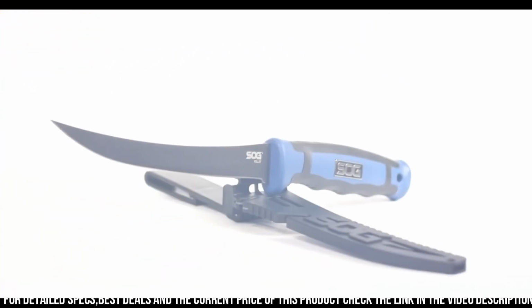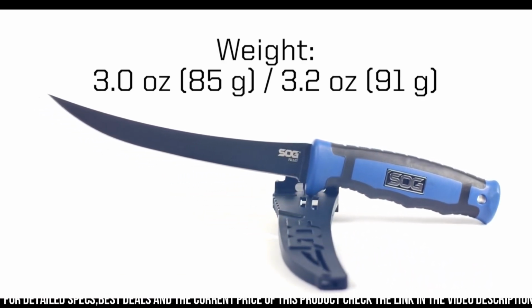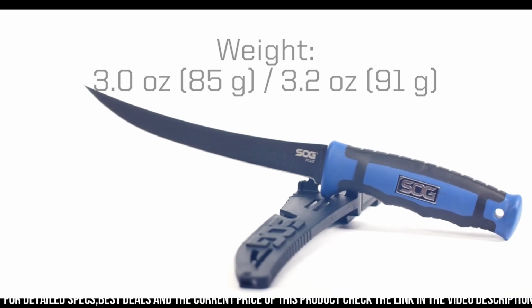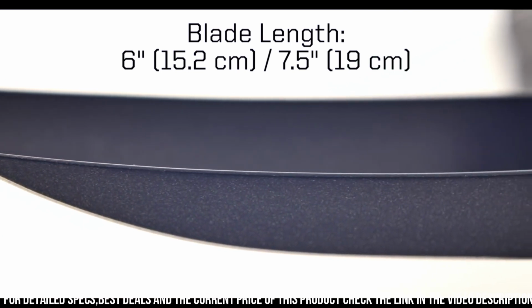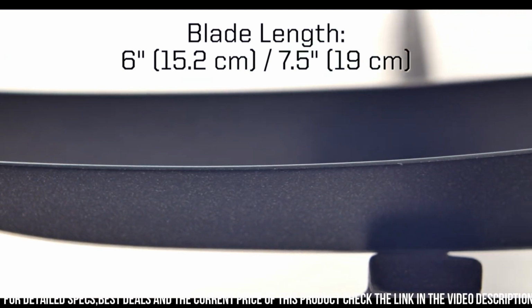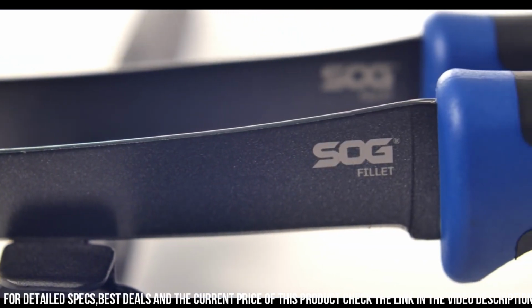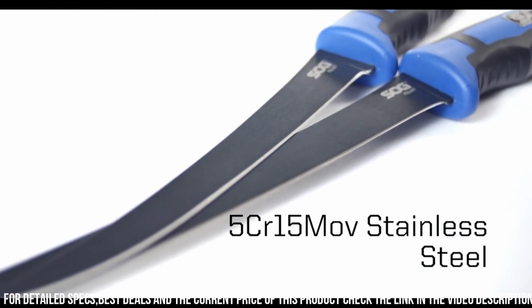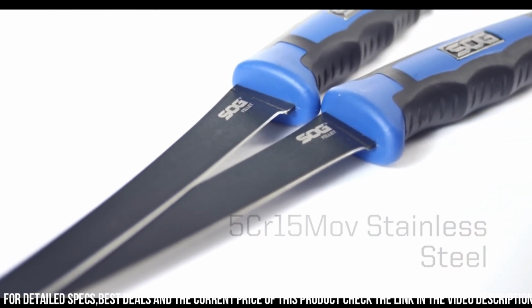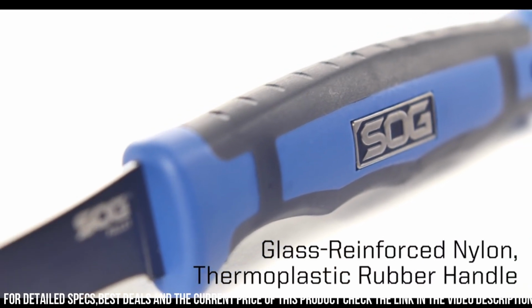The standout feature is its integrated Bladelight technology, with 6 bright LEDs embedded in the handle, illuminating your cutting surface for enhanced visibility in low-light conditions. The ergonomic, glass-reinforced nylon handle ensures a secure and comfortable grip, even in wet environments. Lightweight and easy to carry, the Bladelight fillet comes with a durable sheath for safe storage and transport. Combining practicality, advanced lighting, and superior cutting performance, this knife elevates the filleting experience, whether on the water or at